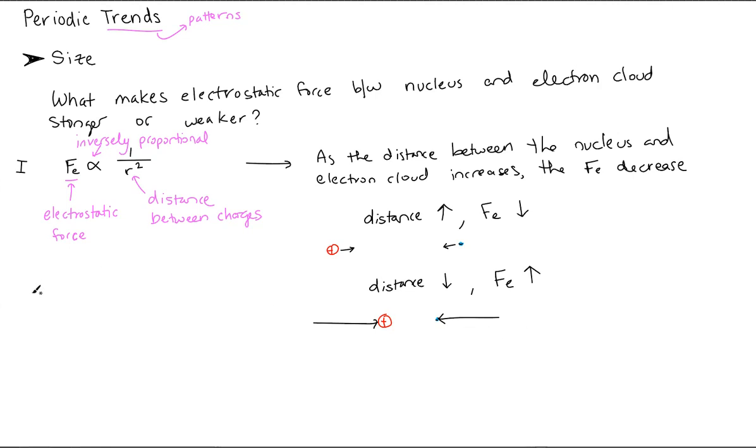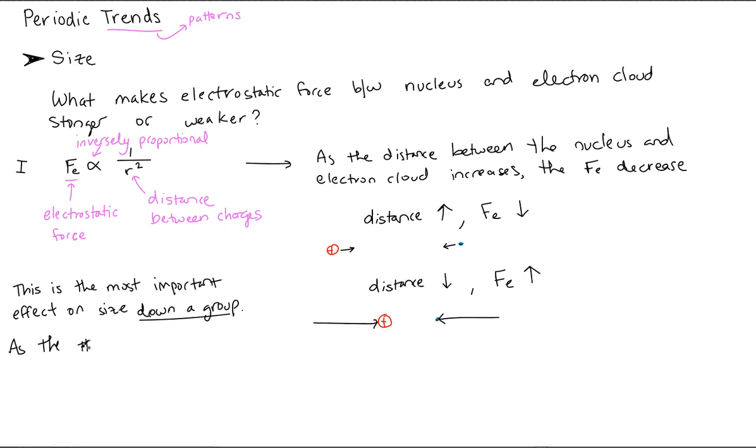What does that mean for us? This is the most important effect on size going down a group. Why? Because as you add more and more layers of electrons, right, as you cannot fit any more electrons in there, the electrons just get farther from the nucleus. So as the number of electron shells or layers increases,